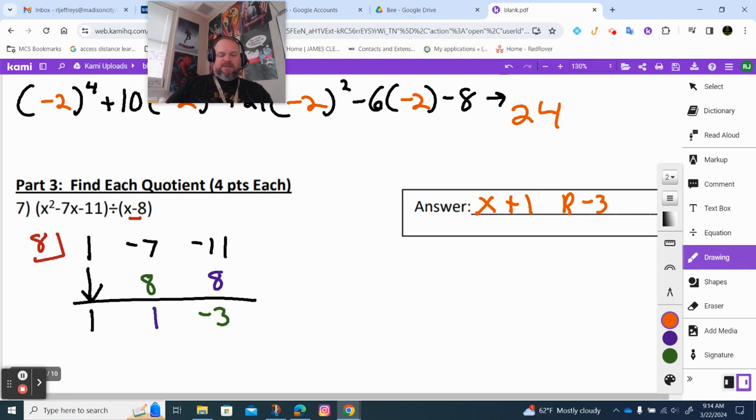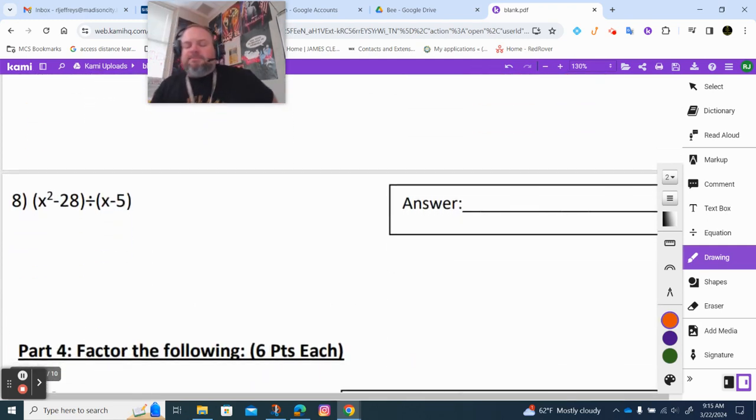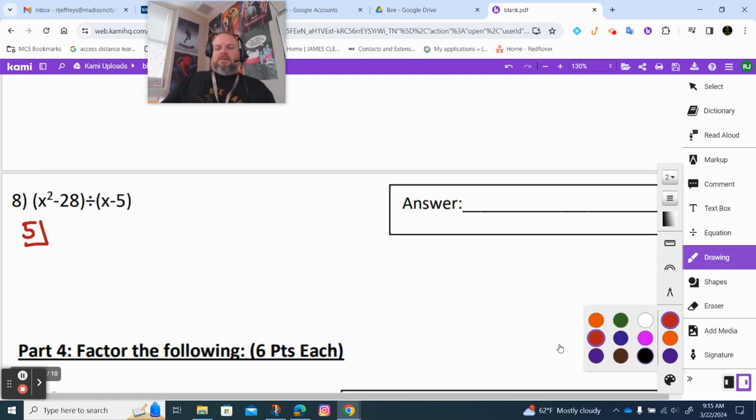All right. Good with number 7. All right. Number 8. Talent box should be +5. All right. Across the top should be 1. What's missing? Is there anything missing? Yeah, the x term, right? Yeah, so we got to put a 0.